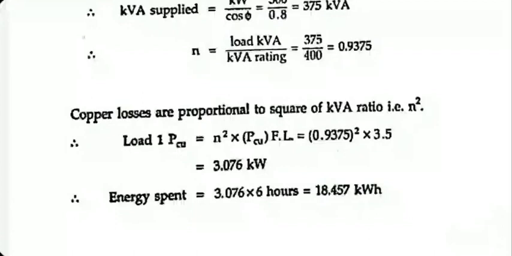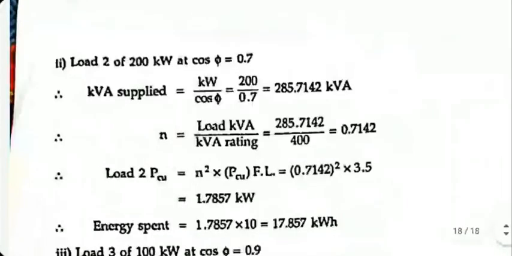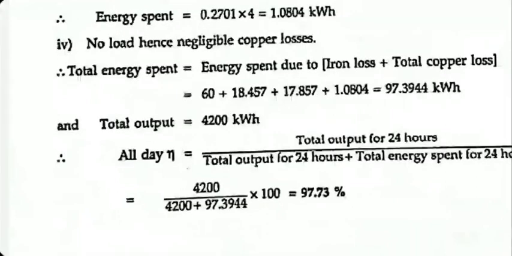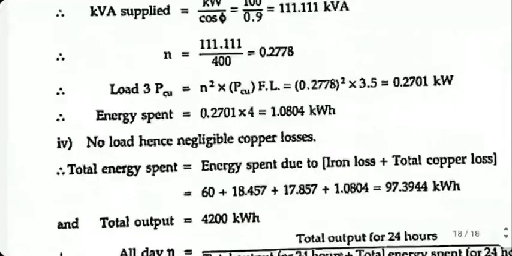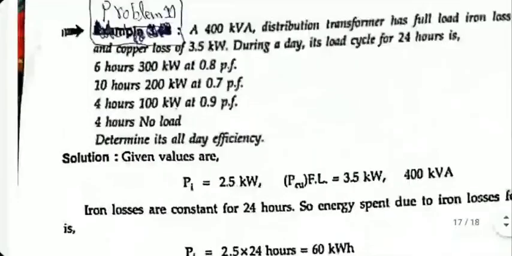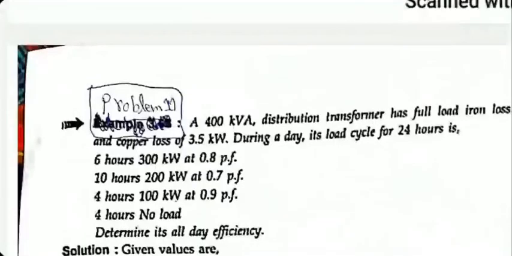I'll come back to this problem next time, okay, don't worry. And then he repeats it for the other time periods also and sums up the results. It's a long problem, we'll do it next time again. And then he calculates the total output, which we have already done, divided by total output plus total energy loss. And the answer turns out to be 97.93%. If you were to check the commercial efficiency, it would have a different number, depending on which time period you are looking at. In the last 4 hours, the commercial efficiency or power efficiency would be 0, right? So this is how these calculations are done.